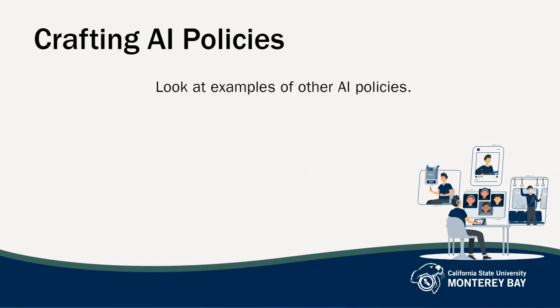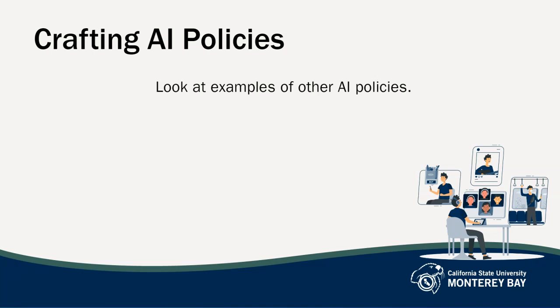First, we look at what others are doing. Reviewing other AI-related policies can help guide your own policy writing. In this module, you'll find examples of both university-level AI policies as well as individual classroom policies, and both of these kinds of examples can serve as inspiration for your own policies. Your policies may be simple or more complex, but either way, here are a few items you should consider including